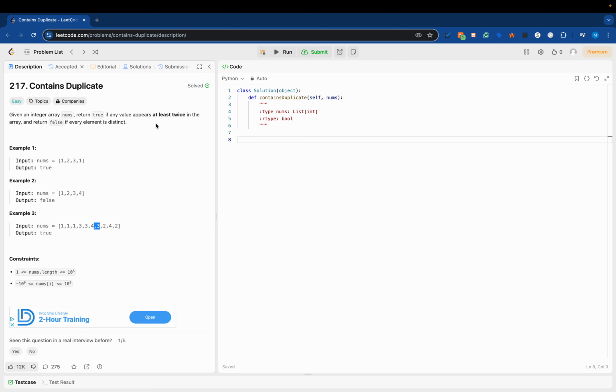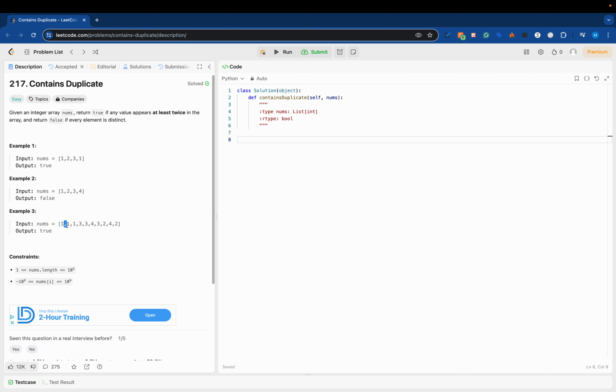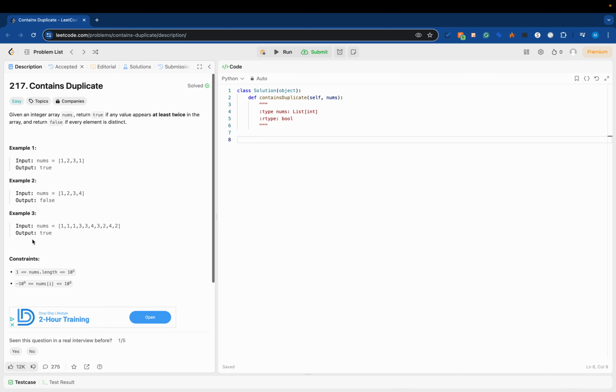This one is an easy one. We can easily solve this by just making a loop through it and then detecting, for example, this one, we can just go and index this value, and if the next one is the same as this, then we can just return the true statement. So